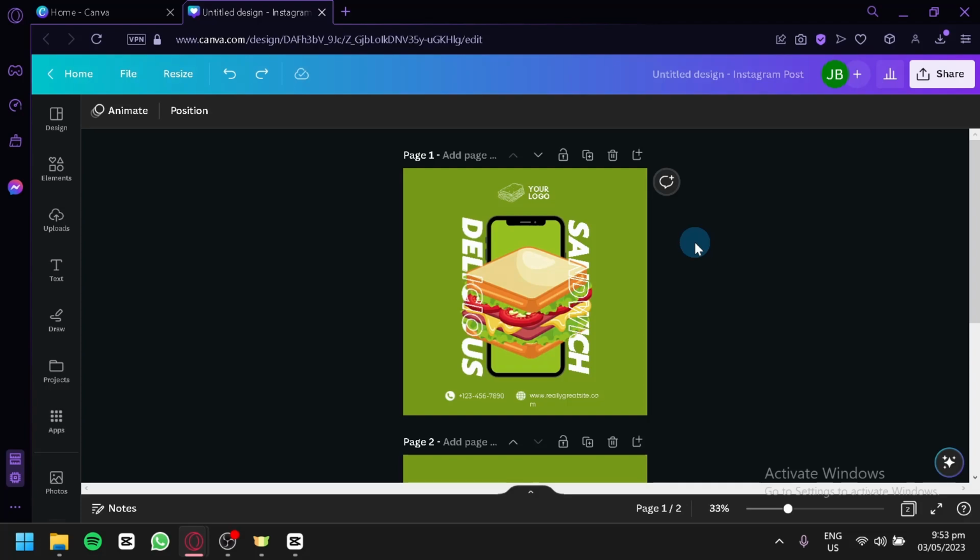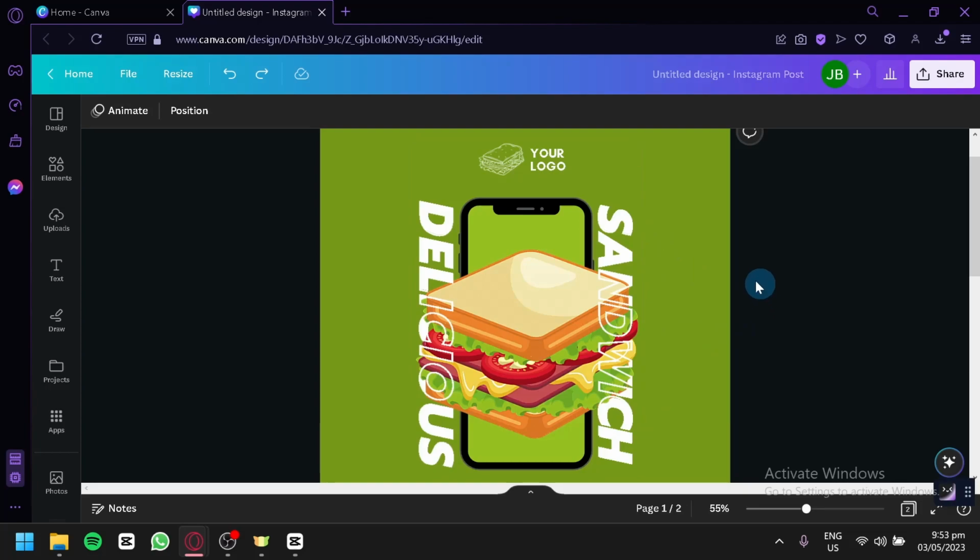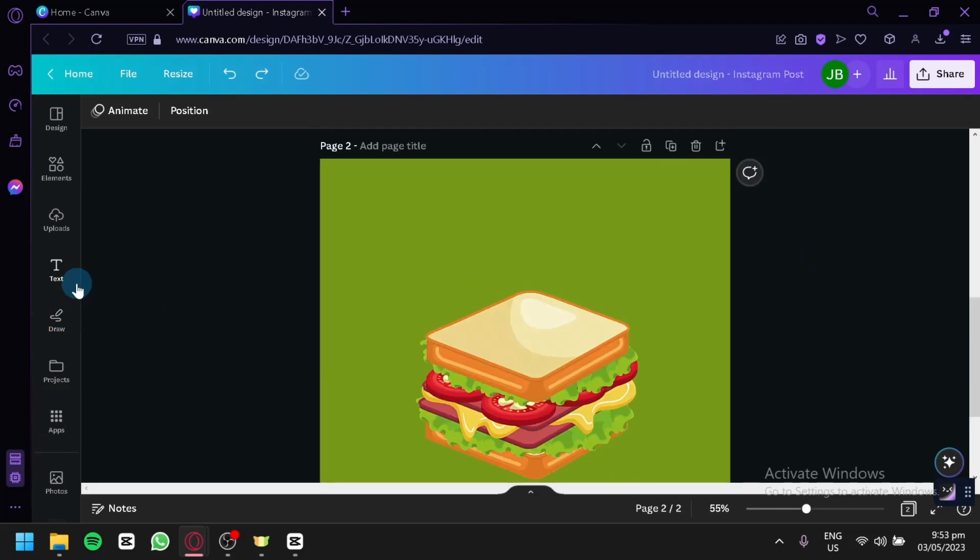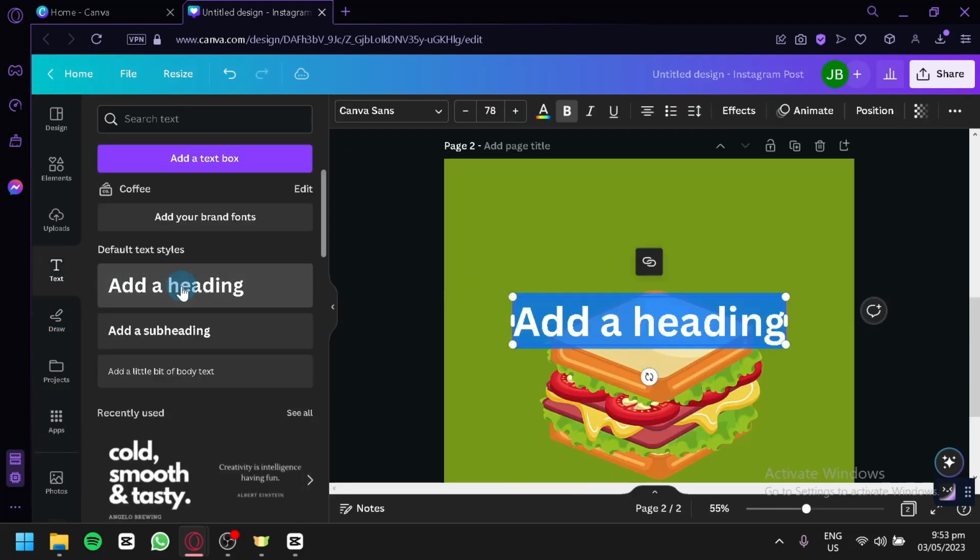Today, we're going to talk about this design platform called Canva. Now what we're going to do today is how to make your text transparent. As you can see here on our example, I'm going to teach you how you could do this effect on your Canva. So what you're going to do first is of course go to text and click on whatever text